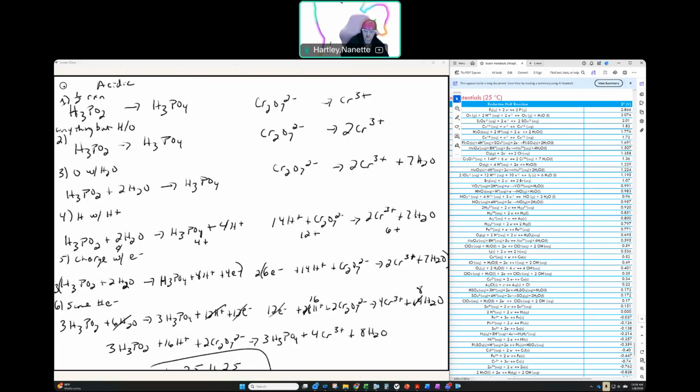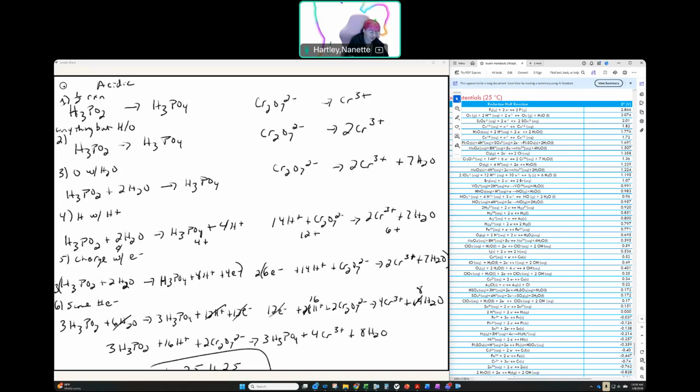Okay. So that's why we do it in that order. And we always do this, even if I'm in basic solution with this process. There is another way to balance these using OH. If you want to do it that way and you learned it somewhere else, that's fine. But I don't do that. I always do the same process and then do a correction at the end for a basic solution if